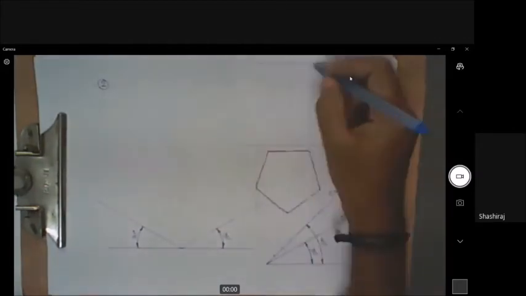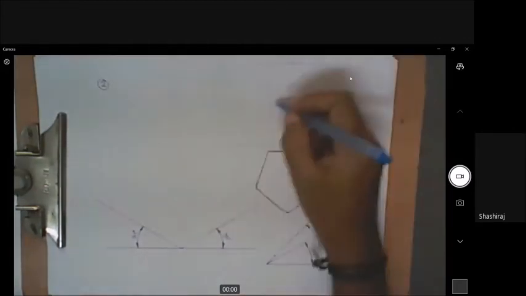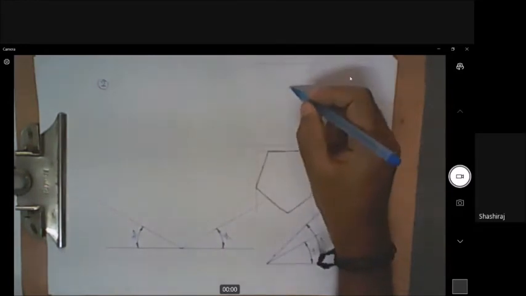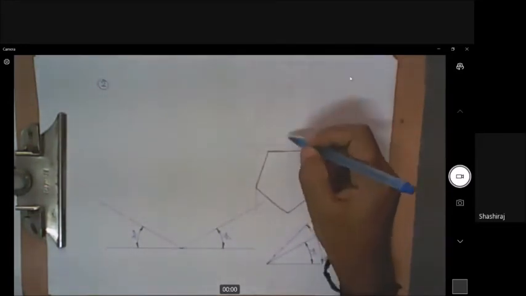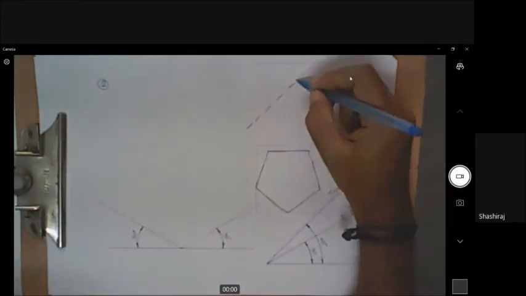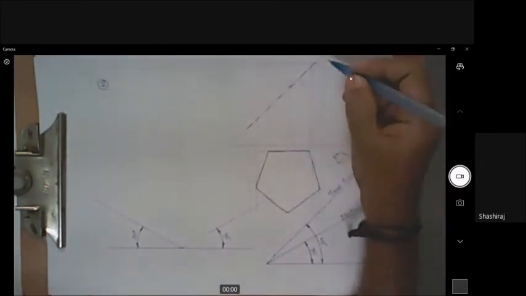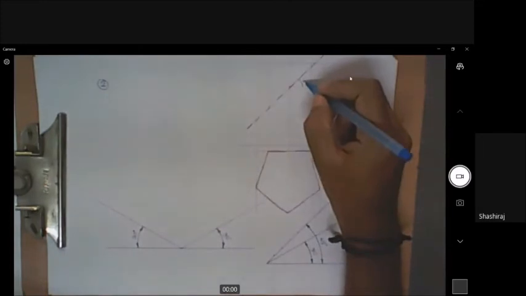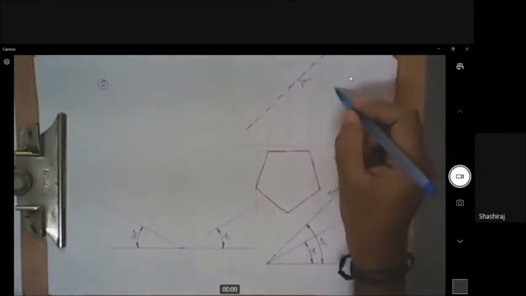In the front view, it looks like a line. So this is a section plane, where it is drawn at a height of 50 mm from the base. So this is the section plane that cuts the solid. Angle is 45 degrees. And this height is 50 mm.